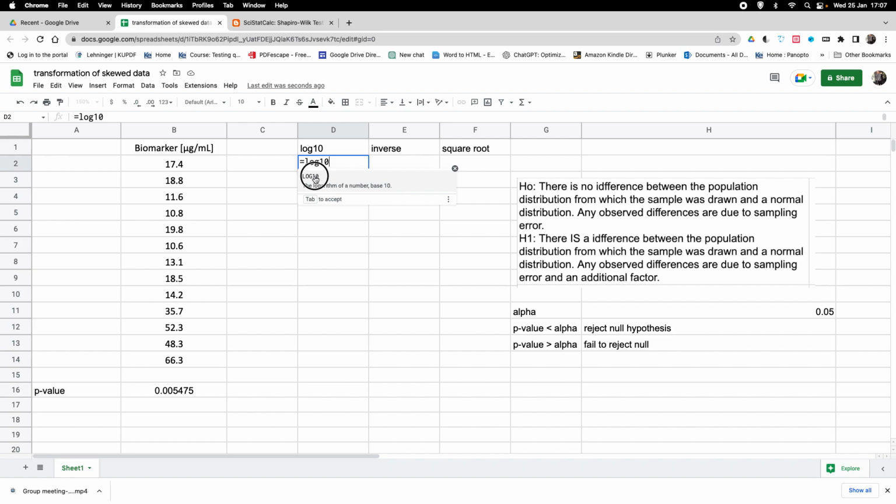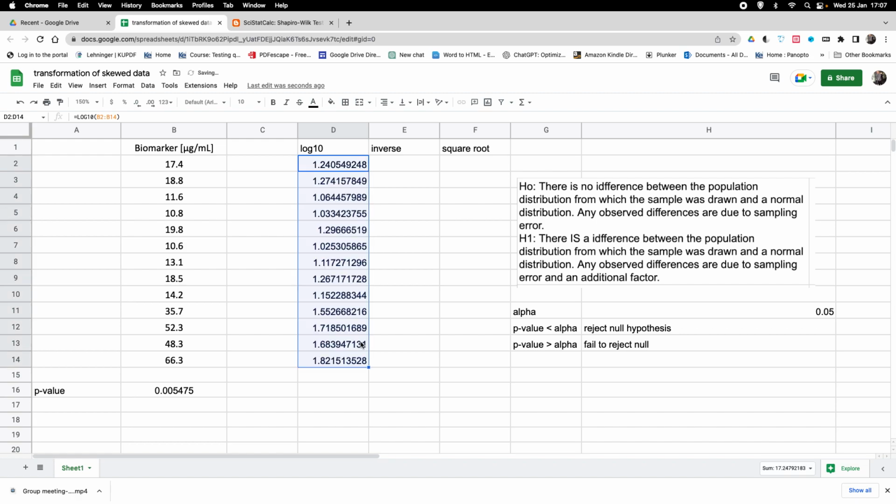of these values, I simply highlight the cells, close the bracket, and do the calculation, drag it down like that. So I've got now my log 10 value of the biomarker, and I can now try and perform